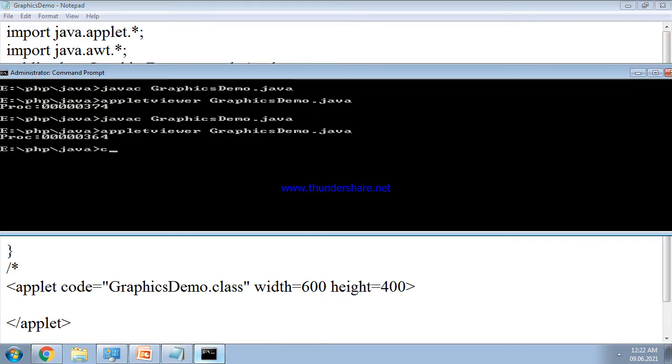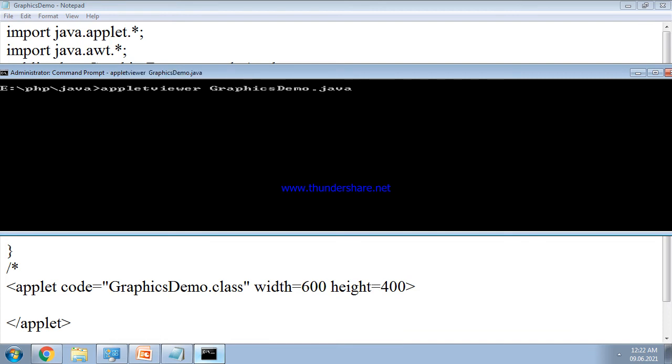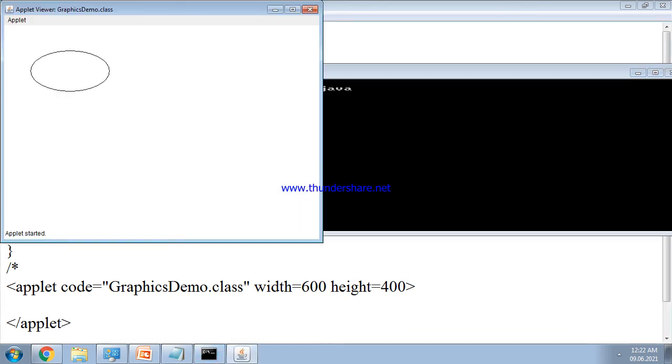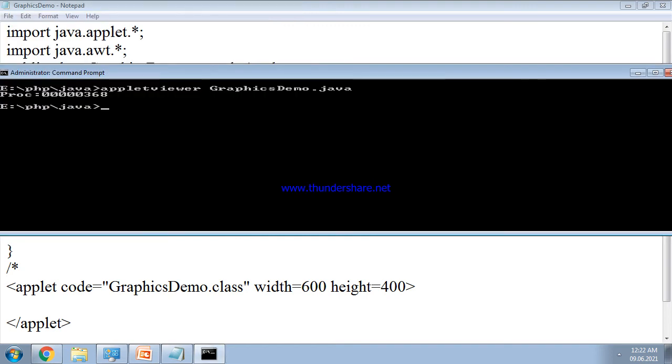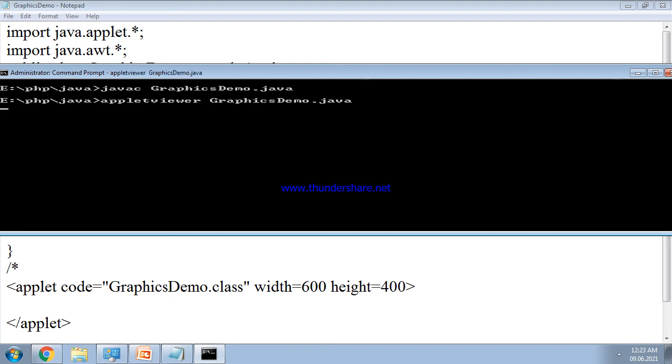Okay, now let us save the program and compile it. Sorry, I directly compiled the program. Let me compile it first. javac graphics demo.java, then appletviewer graphics demo.java.